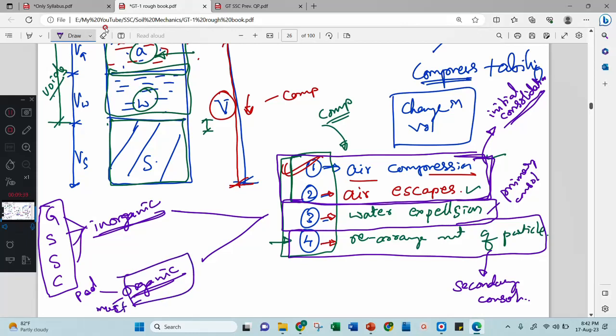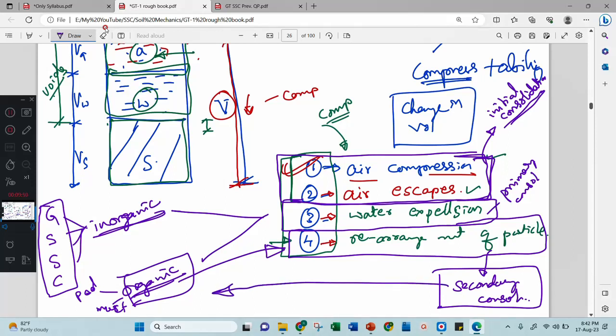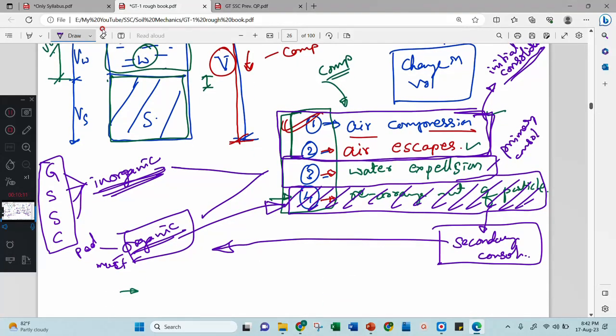In organic soil only we will be getting the secondary consolidation. Remember this. This is a very important question they may ask you. The secondary consolidation will appear only in organic soil. Secondary consolidation will not appear in inorganic soil. You have to note this down. Means from this consolidation chapter, I will remove this fourth reason, that is rearrangement of the particles, as it will not happen in inorganic soil. Therefore, the fourth reason I will not study. If you want to study, this will be in higher studies. For diploma level or B level, secondary compression or secondary consolidation is not included in the syllabus.